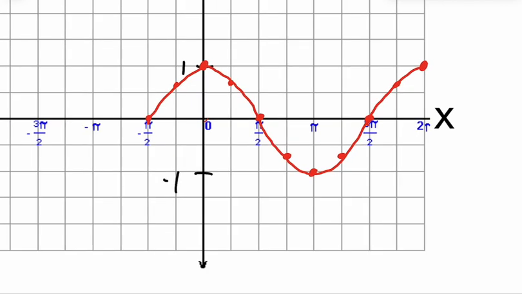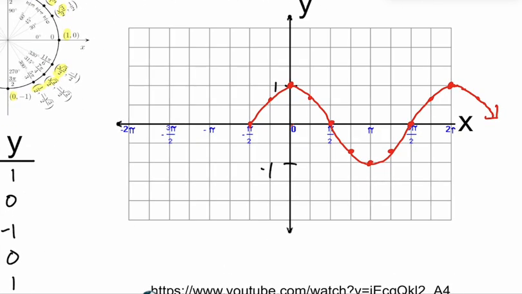And if we had more graph paper, we could finish that over there. So this does keep going. That wave continues forever and ever. So let's fill out our graph paper following the wave. It's going to go down again, back to 0. Here's a bottom bump, the bottom part of our wave. Up again,